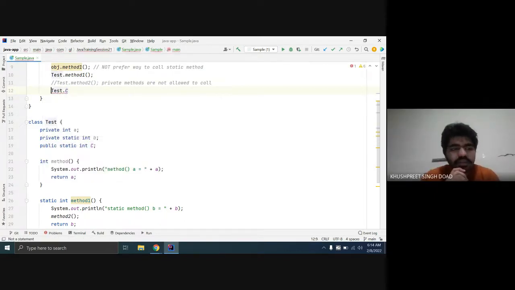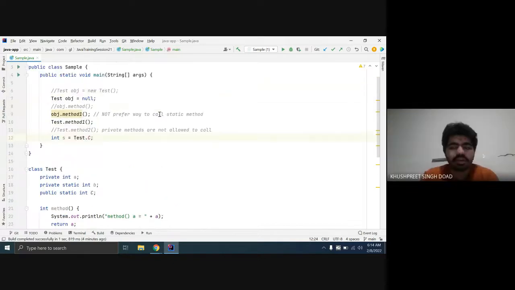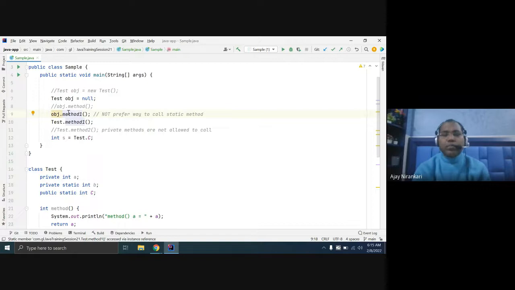Sir, in line 9 we wrote obj dot method 1, that is wrong, I think. Again, repeat your question. In line 9 where we wrote obj dot method 1, is this correct or wrong? This is correct. Compiler is happy. But as a developer it is confusing: if the object is null, why can you invoke any method? So generally the guideline is: please avoid calling a static method from its object. A static method is always preferred to be called from its class name.